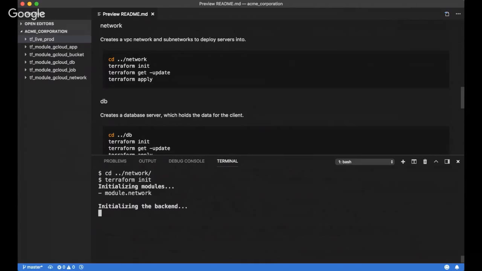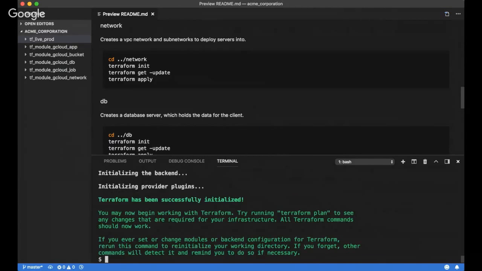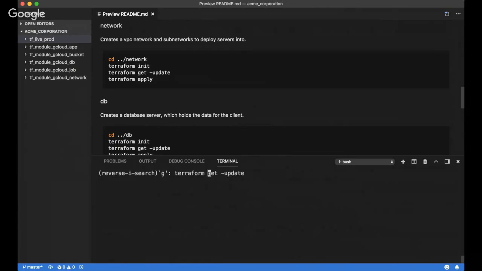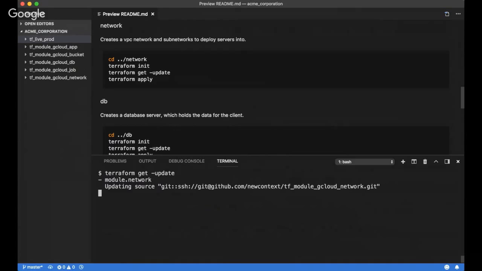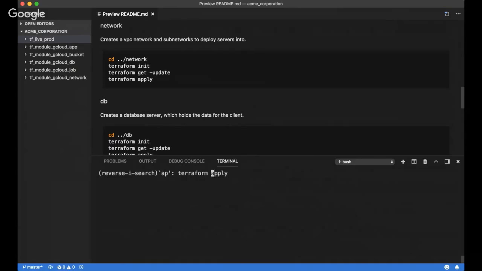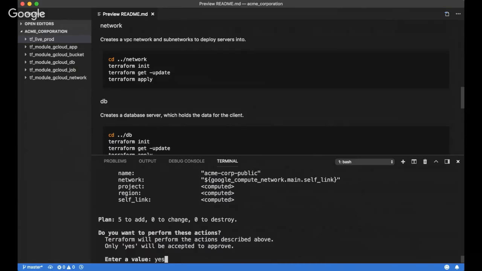And you're going to see the same commands running over and over again. It's Terraform init, it's Terraform get and update, and then apply. I like to run these in order each time. It just makes a lot of things easier. But you can also run just Terraform apply if there's no updates. But I just do it this way every single time.